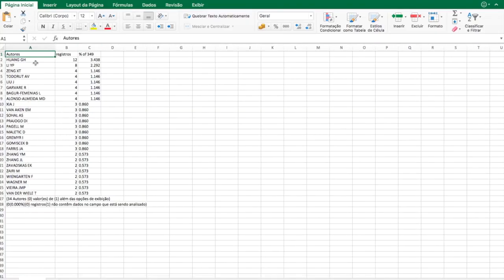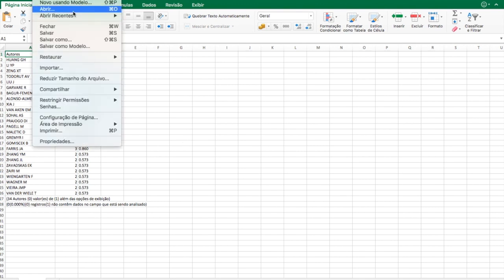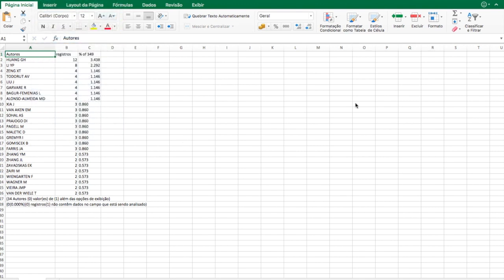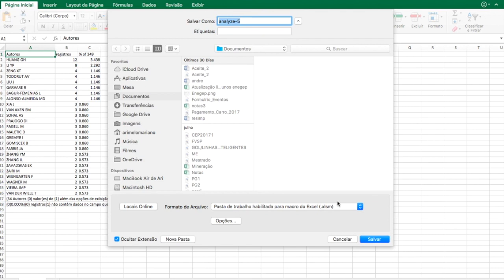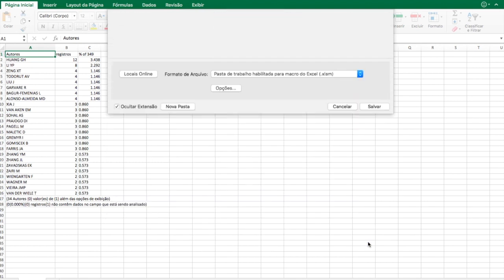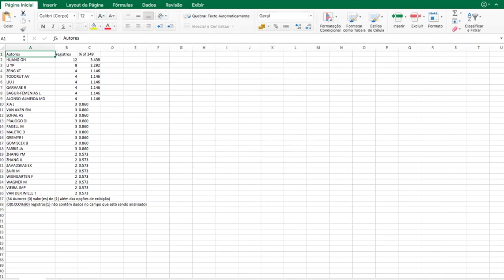Then conclude it, and it's going to leave everything organized for me, the author names, the register, the percentage, corresponding to 349. Later, just save in Excel format because I'll be in TXT. Then I'll go back and ask to save in Excel format. I choose the name. Here I use authors because these are the authors, so save, perfect. Now I have the authors saved, okay?